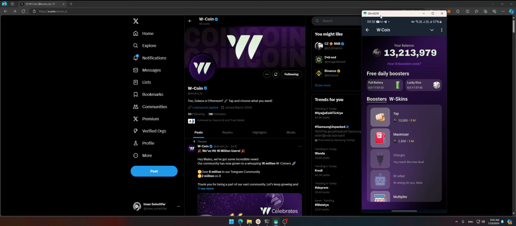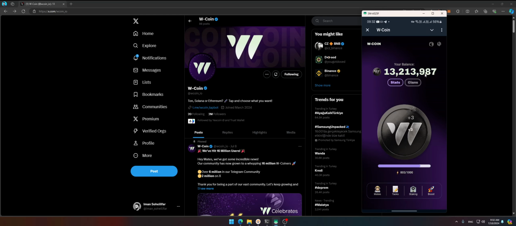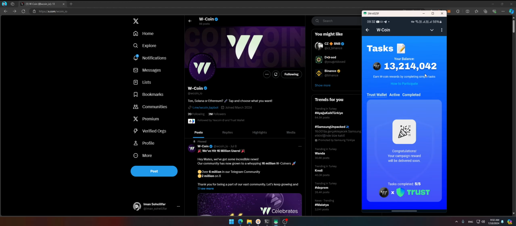You can charge your battery. You can put the dice. When you put the dice, it's something that multiplies your taps, and a full battery of this one. So let's get back here. So we can just click it here, and there are tasks here. So I completed all of them, and I connected my